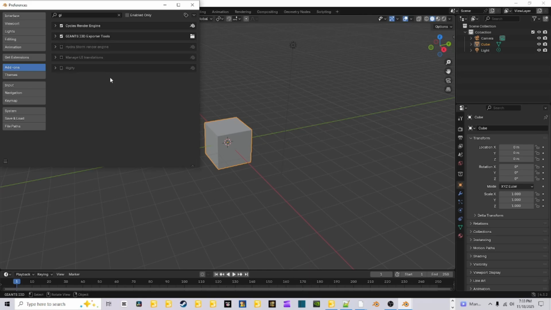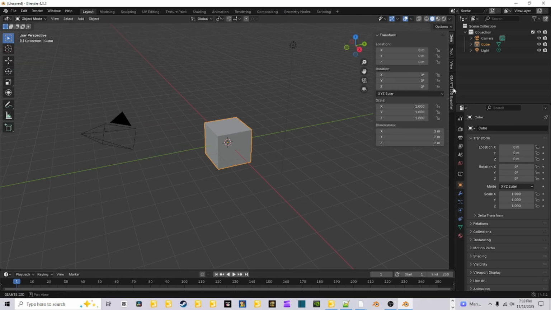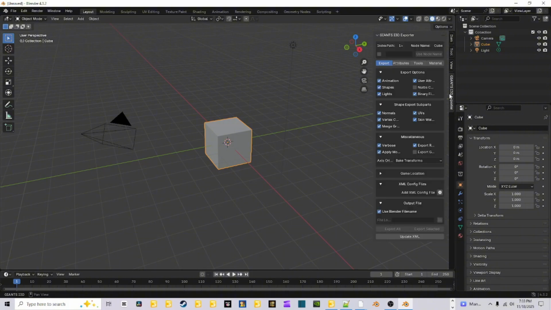Okay, so now you can come out of here and close that. It should be saved already. We'll see. Should be saved. And then you hit N on your keyboard and it'll open this, and now you have this I3d exporter, and you click on that, and when you do, you have all these little things here, and then you see this game location thing. Click the down button for the thing here, and you can path it to where your game